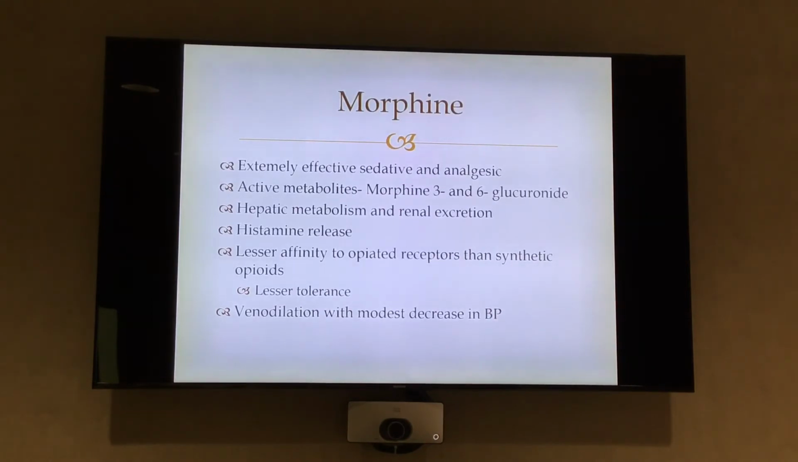Again, there's venodilation, so it affects your blood pressure. That's one of the reasons why it's not a great agent, especially in trauma. They usually don't like morphine, especially if you're bleeding or in hemorrhagic shock. They would always prefer fentanyl for pain control. So you can do a small dose, like 1 or half a mic per kilo of fentanyl,